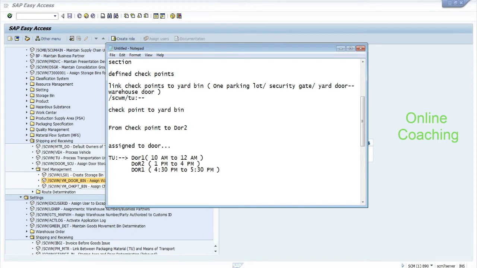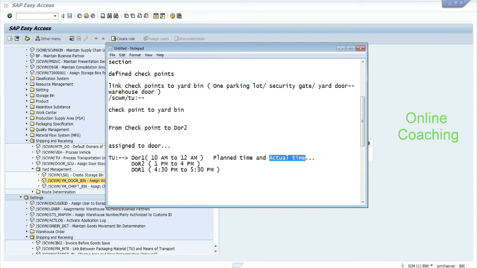Is it clear now? So that is the reason each door has 2 activities: one is the planned time, as well as the actual times also. When the actual truck arrives at the door, this data also will be filled in. So you can exactly see what time you are going to get the truck at the particular door